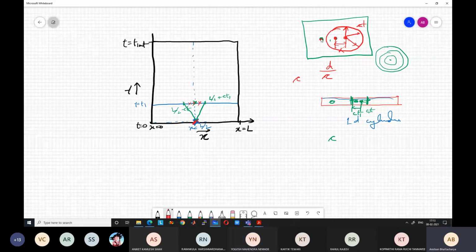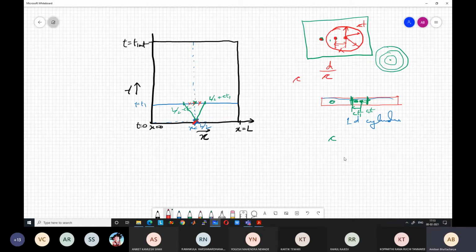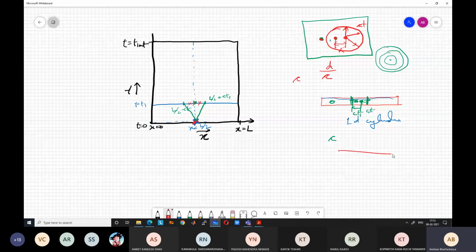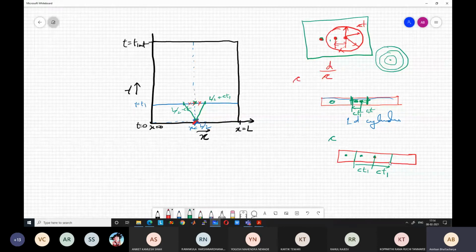Same thing is happening in 1D also, right? You have a 1D pipe, and I have introduced a disturbance here. There are two observers. One is sitting here, another observer is sitting here, with some instrument. So at initial time, the pressure wave is just at this location. After a certain time, the pressure wave has moved up to this distance on both sides. Okay, what is this distance? C into T1, and on the other side also C into T1. So the first observer who is within this distance C into T1 with respect to the initial point, will he feel the disturbance or not?